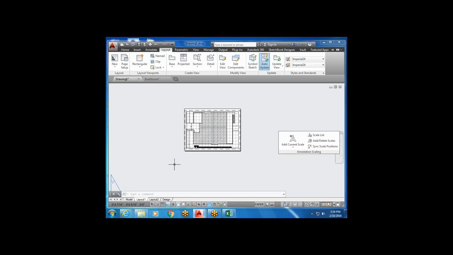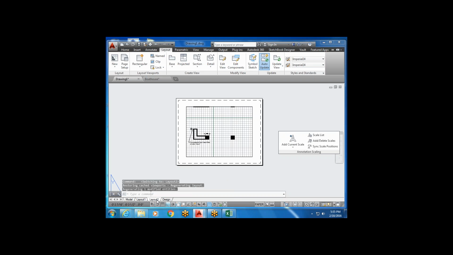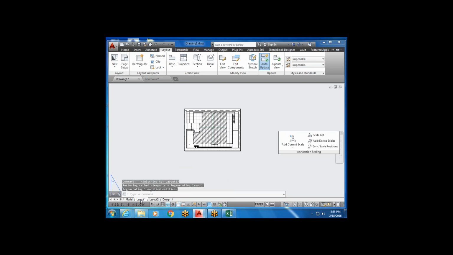So let's go ahead and see if we were going to add another tab that's going to be our D size. We could modify layout 2 to be D size and change the name. So now that I've created this, let's talk about tabs really quick before I get too far ahead. You have layout 1. That's not very descriptive at all. So what you could do is left click where it says layout 1